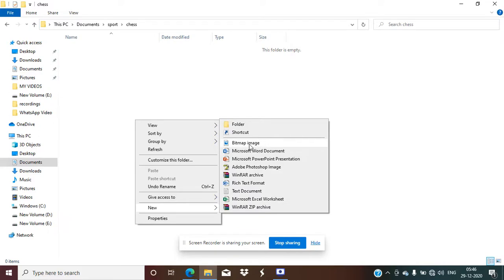Here can be made a bitmap image, that is a paint image. You can prepare here a Word document, PowerPoint presentation, Photoshop image, or any kind of RAR archive folder, WordPad, Notepad, worksheet in Excel, and zip folder also.